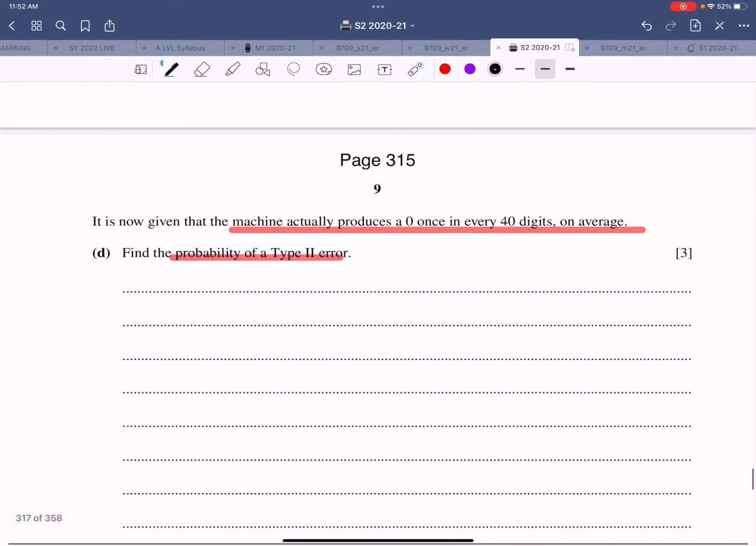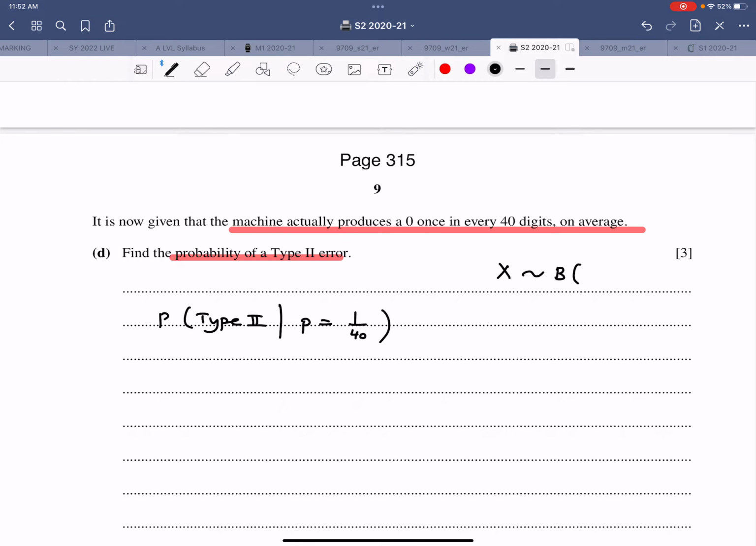What else? Type 2. So for type 2, you flip the inequality. Probability of type 2, given that now the probability of success is 1 over 40, once in every 40. So now let's write it down. X follows a binomial distribution 30, 1 over 40. So probability of type 2 is probability of X greater than or equal to 1, which is too much